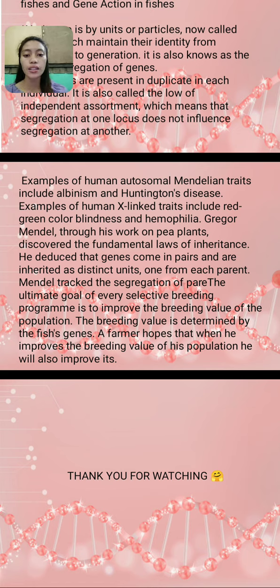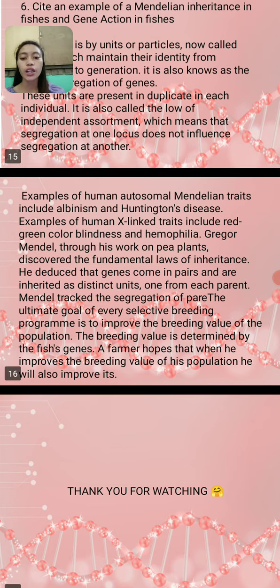Mendel tracked the segregation of pairs. The ultimate goal of every selective breeding program is to improve the breeding value of the population. The breeding value is determined by the fish's genes. A farmer hopes that when he improves the breeding value of his population, it will also improve its